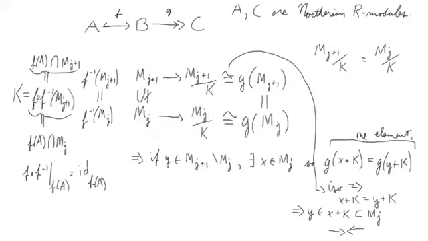Let's talk about how, if we have a short exact sequence of our modules, and A and C in this diagram are Noetherian, then B must also be Noetherian. So what we're going to do is think, okay, we have an ascending chain of submodules of B, and eventually what's going to happen is their pre-images over here, which are ideals in A,